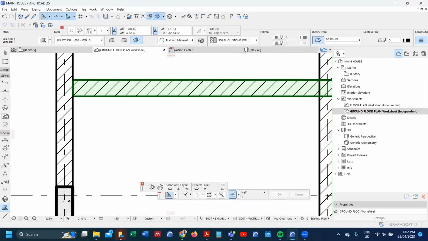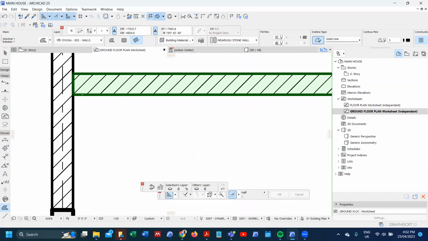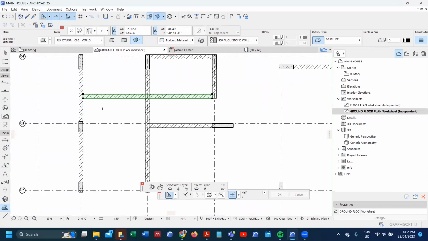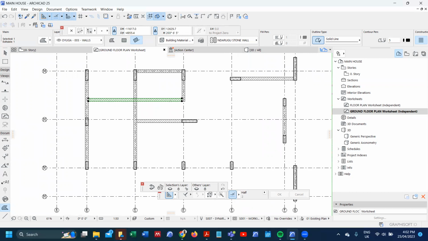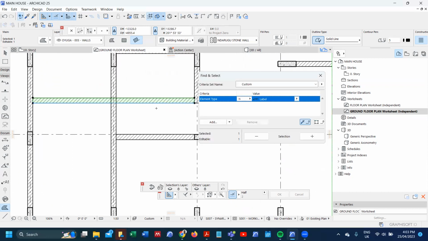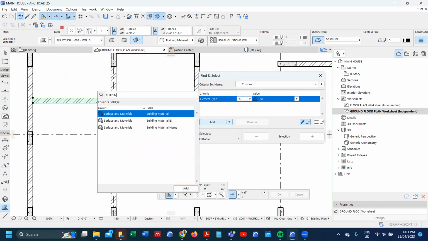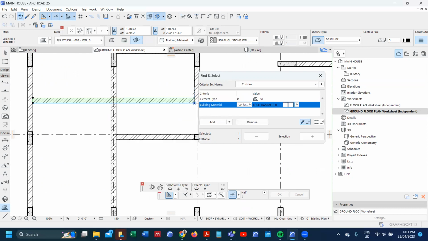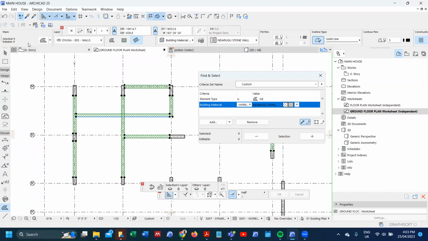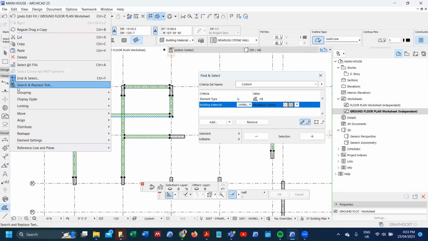Rule of thumb: where walls meet, you can't have a line. So what you need to do at this level, I can even decide to merge all the fields that are similar. So how do I do that? I'll specifically select, so Control F, I'll specifically select. This is another thing that you need to learn, how to use the select tool. I'll specifically select that building material. So if I say yes, then I can merge